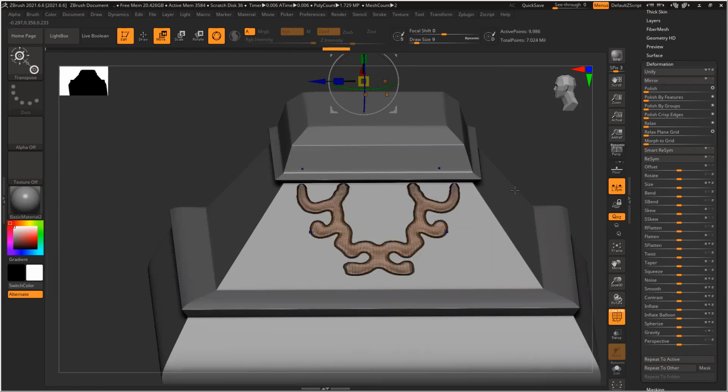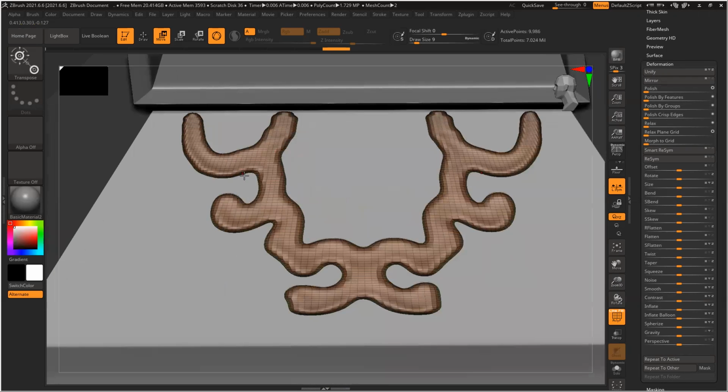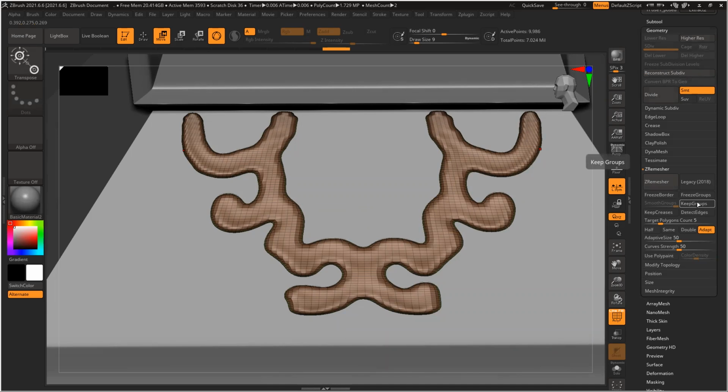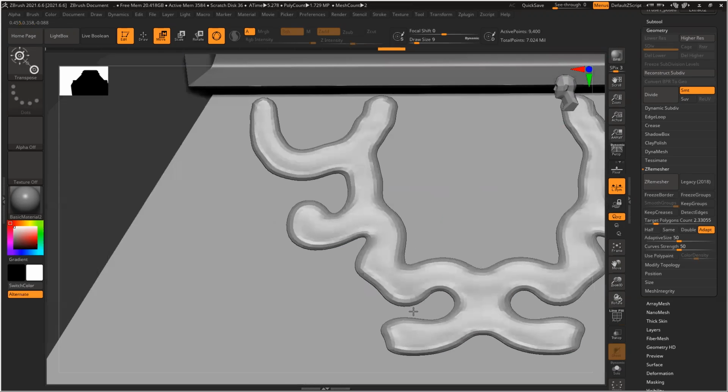And now still you can see my topology, it's not following the shape. So what I'll do, I'll go to geometry, and then we have something called ZRemesher. I can keep the group, or I can remove it also, doesn't matter. Reduce the polygon, keep it low only, and then remesh this thing. So it will regenerate the model, recreate the model, and it will follow all the shape. See, according to the shape of the model, it generates all these loops, and everything is quads. It's pretty clean, neat. If you want to make it a little cleaner, you can remesh it again multiple times.